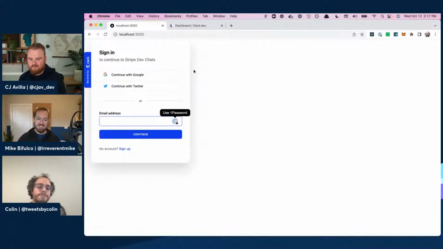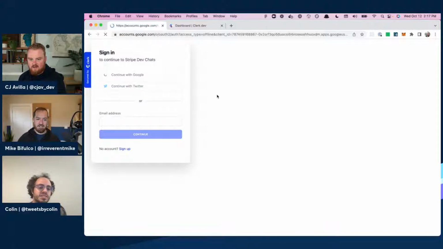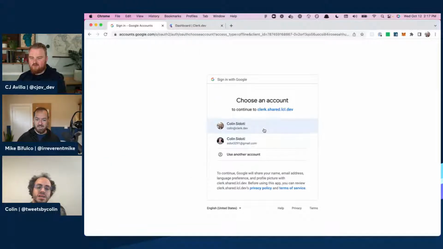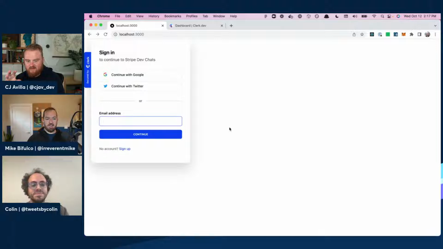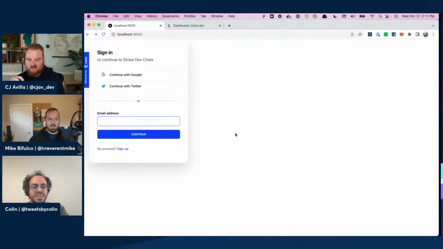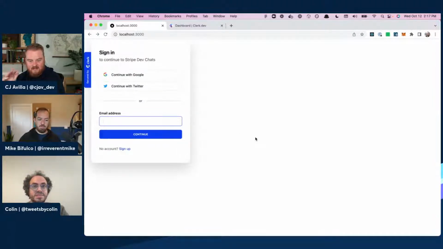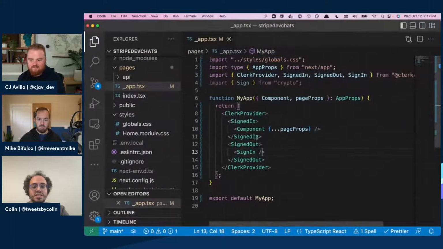Got it. Well, we can sign in here. So is that view too, the sign in? So that sign in component, how customizable is that in terms of the look and feel and colors and branding? And do you do that from your React code or from the dashboard, or where does that happen? Yeah. So